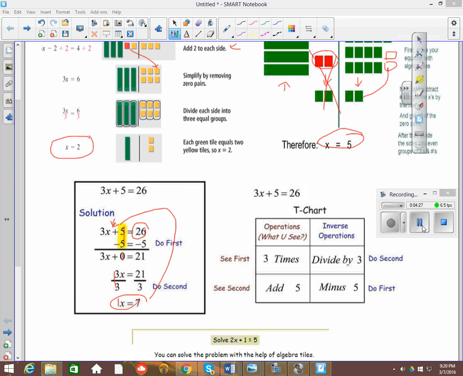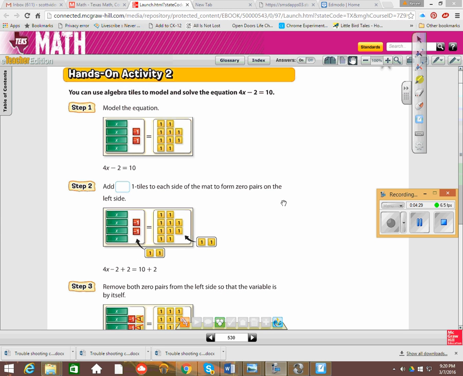Okay? So we can take a moment and just look at the hands-on activity on page 530 in the textbook. So this is the equation here that we're modeling, 4x minus 2 equals 10. So you see here we have the 4x's and we have the red squares which represent minus 2. Okay, so step 1, you just modeled it. They set it up in a model. Step 2,